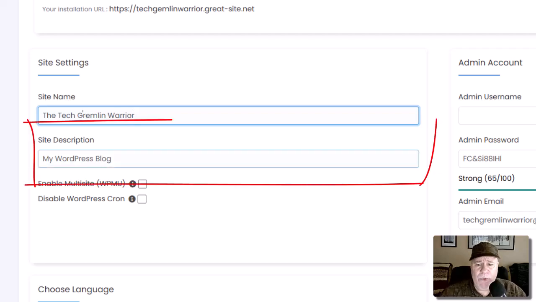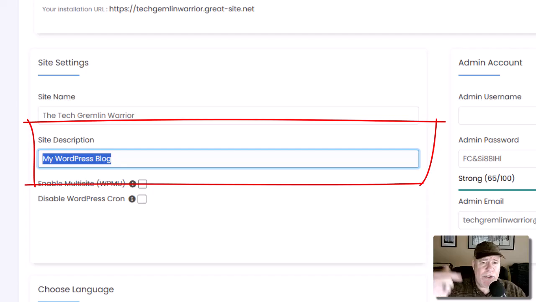Same thing here for the site description. This is what's going to show up in search results when someone searches for a site. All right. So you want this to be descriptive, and you don't want it to be general like we just saw. All right. So the Tech Gremlin Warrior,